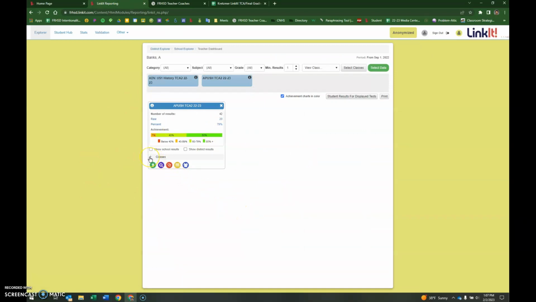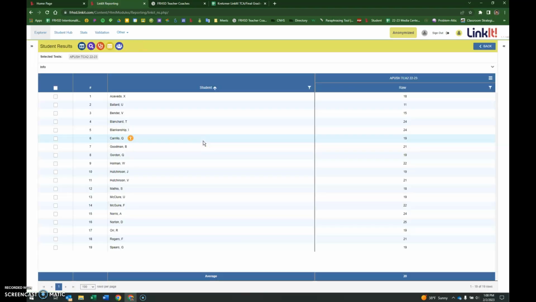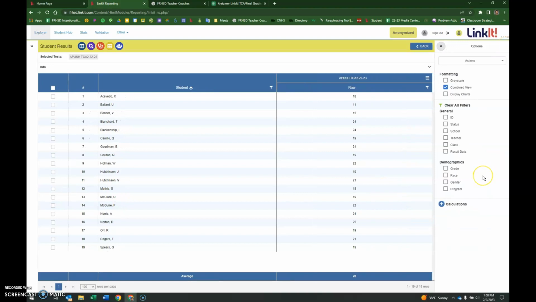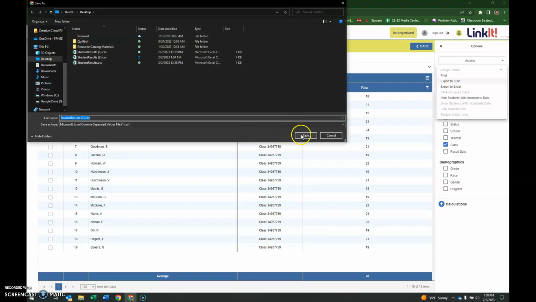Now, in this case, if I want to do it by class, I'm going to go to my classes. You'll see I have a class here, and I'm just going to go to that class. And again, it's my A-Push exam. And then I can go to my students. Now you'll see that there are 19 students in this class. I'm again going to pull out the filter, and the reason is because I'm going to paste these in. So I'm going to just choose class, and you'll notice that they're all the same class. And I'm going to export to CSV and download that,